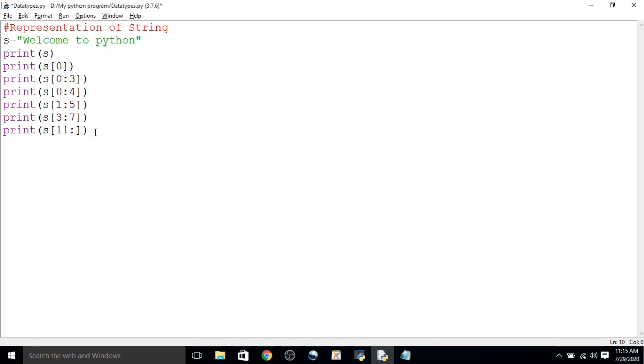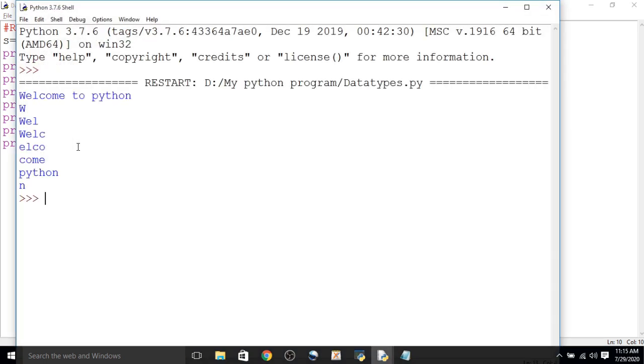Now next example, negative indexes are also applied in Python. If you write s[-1], then it will retrieve the last character of a string.